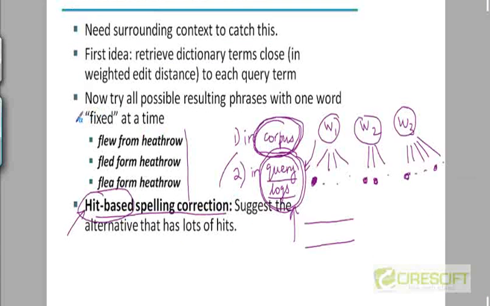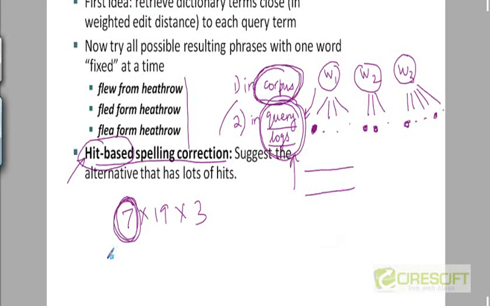Now there's an optimized version of the method that I just described, where you don't look at 7 times 19 times 3 combinations. You just enumerate the 7 suggestions for the first term, and then choose just one or two of them which have more hits than the others. Okay, so among these 7, maybe one or two of them have a much larger number of hits than the other 4 or 5 alternatives. So you'll just choose those,